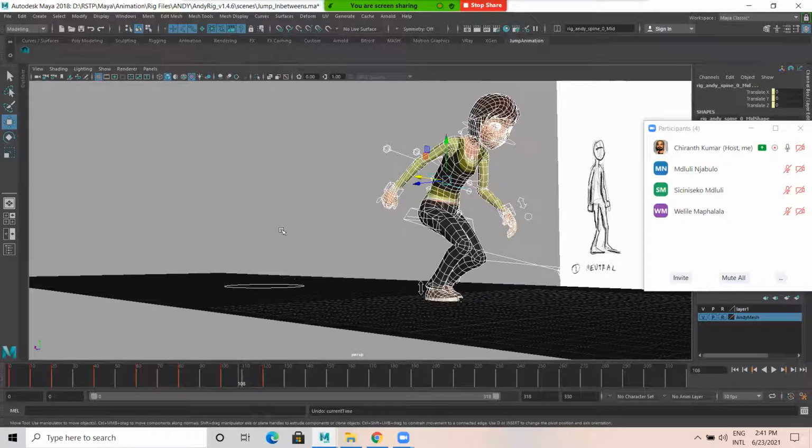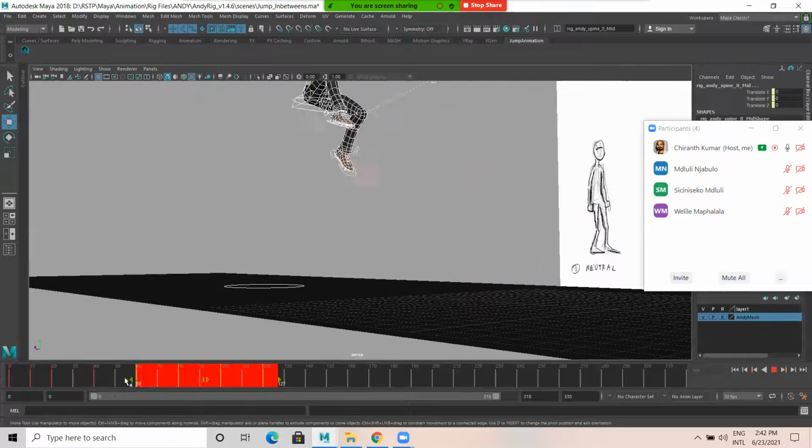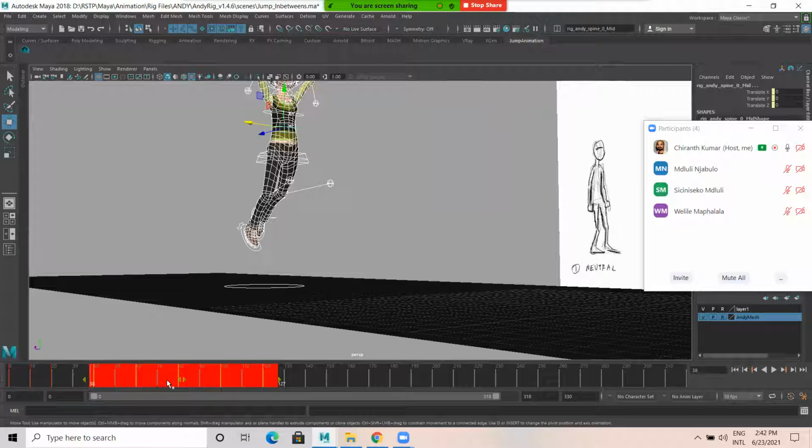Observe, look, observe again, I'll show you. I have selected all the keys except first and second. Just now I have added in between, excluding this. Holding shift, left click, drag and select all these keyframes. Then here in the middle, press middle click and drag these keys here, so that let's add some time.